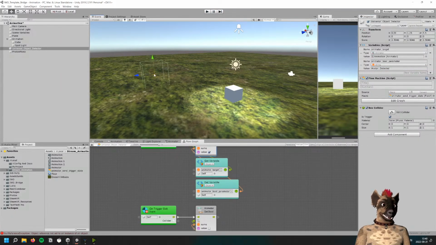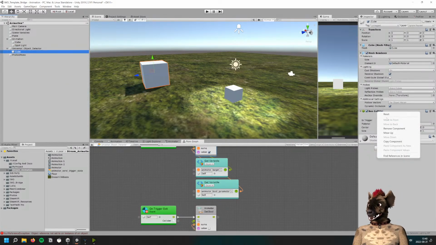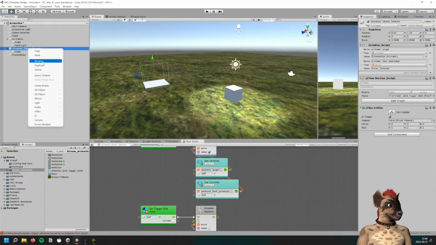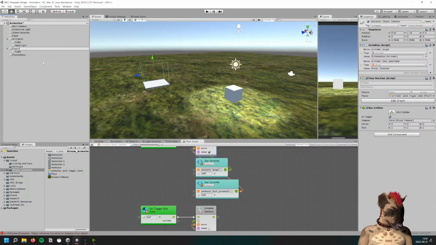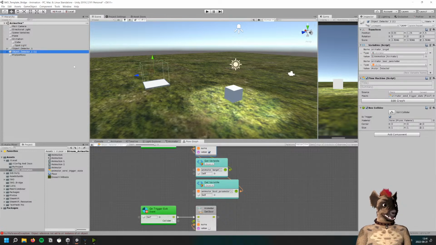Okay, so this is the sensor one. Let me just add some visual because it's confusing. Remove the collider so it doesn't mess things up. Okay, so this is the detector one. Object detector 1. Now I can duplicate it. They have the same script, but since I put, see,